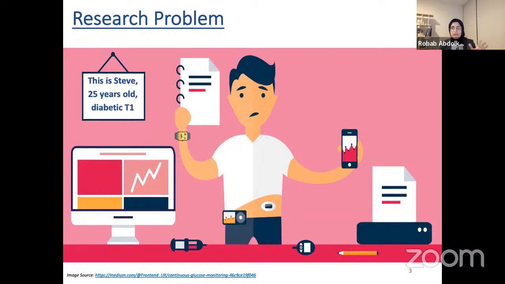This is an example of a daily life of a diabetic person that we called Steve here, when he uses a wearable and communicates the data with clinicians for his diabetes management. As you see, Steve uses an insulin pump with a receiver to adjust his insulin dose, as well as a continuous glucose monitoring, or CGM, that connects to a mobile app and gives real-time information and alarms on the blood sugar. Also, he gets weekly or monthly reports on a patient portal that he can share with his clinicians.